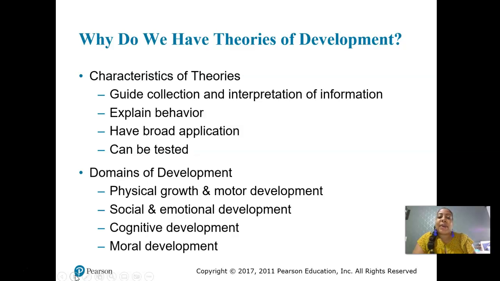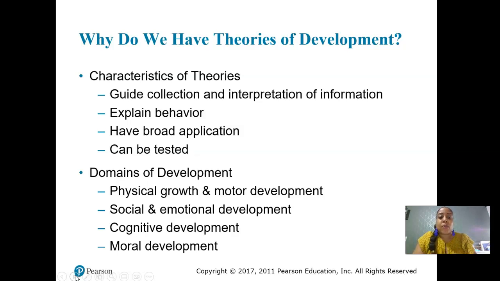So here are some characteristics of theories. They guide collection and interpretation of information. So the textbook talks about in the 19th century, Darwin and other theorists used these ideas and studied child development to help support their views on evolution of the human species. So this idea of guiding collection and the interpretation of information, think about, for example,